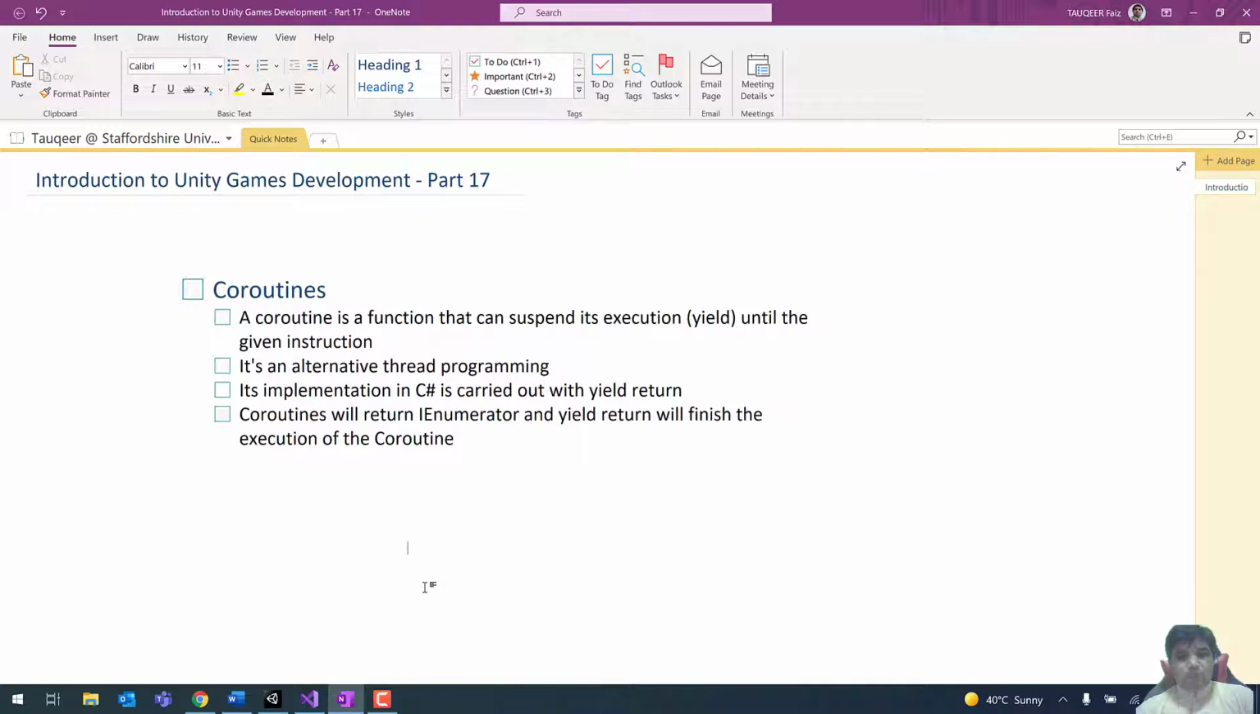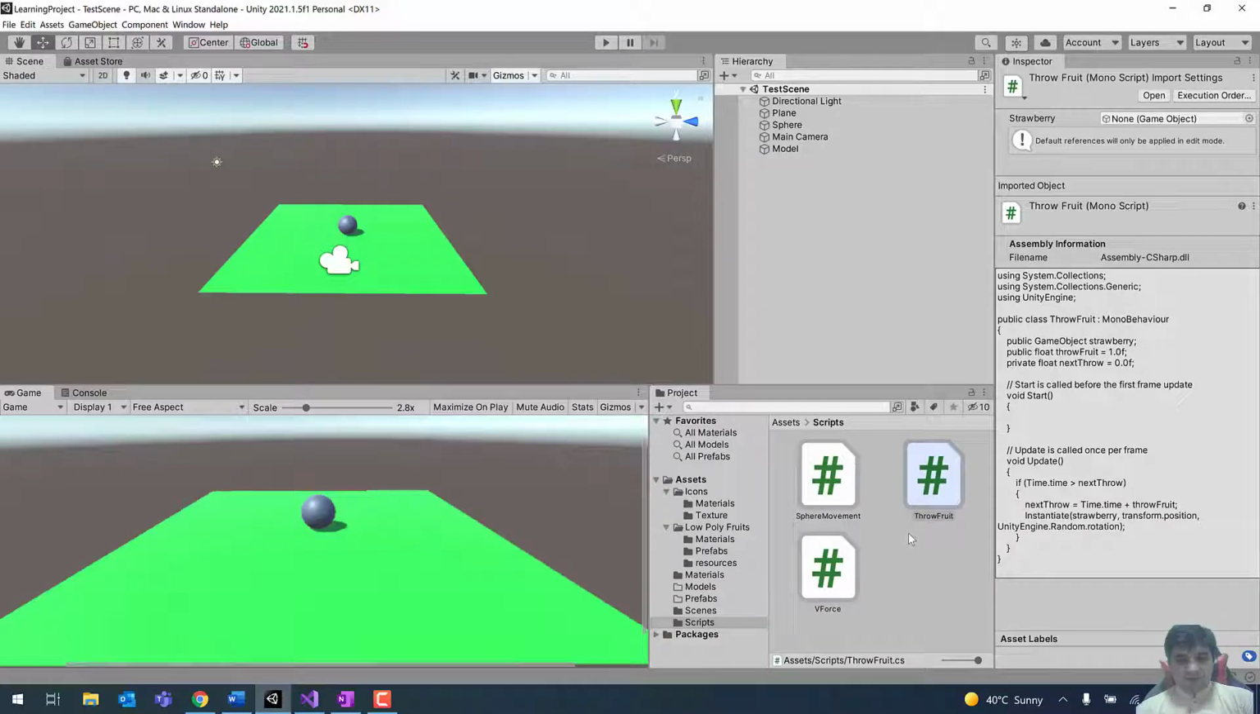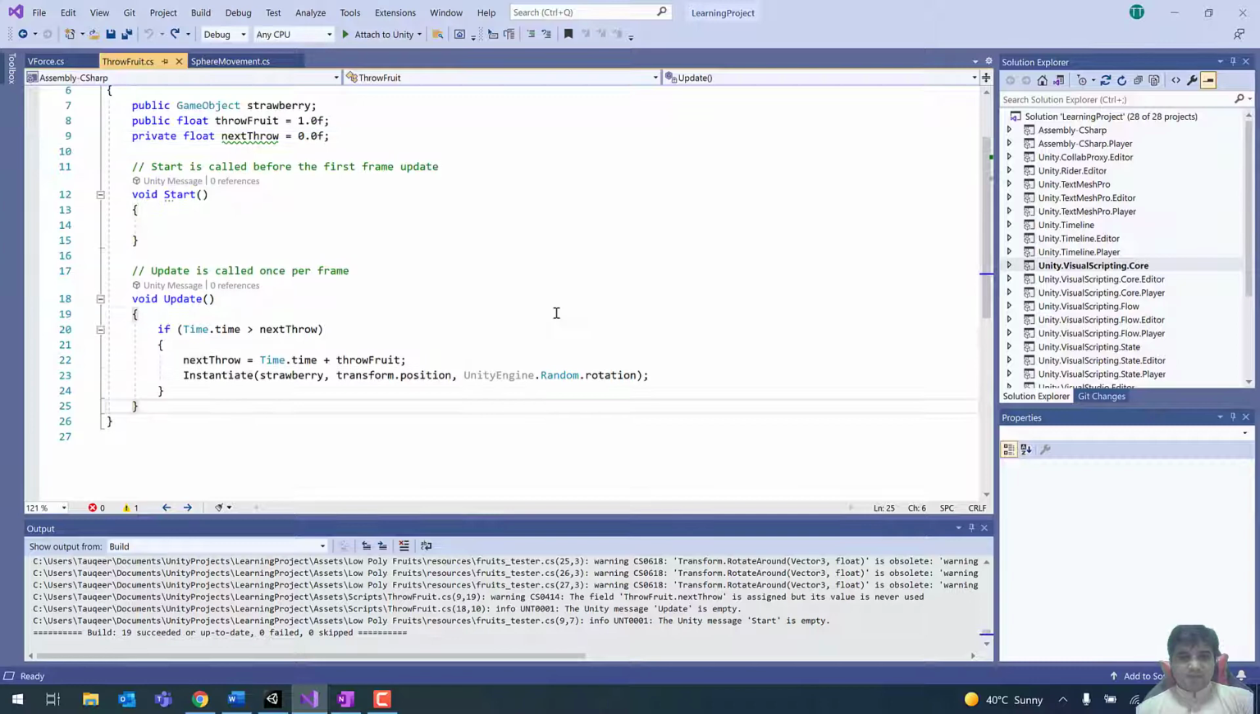Let's implement the coroutines in our game. As you are aware, we implemented throwing fruit game objects randomly into the air, or tossing them, so they erupt like a volcano. If I open this throw fruit C# script, the same implementation which we did before, we can do through coroutines. In order to do this, I'm going to create one more function over here,